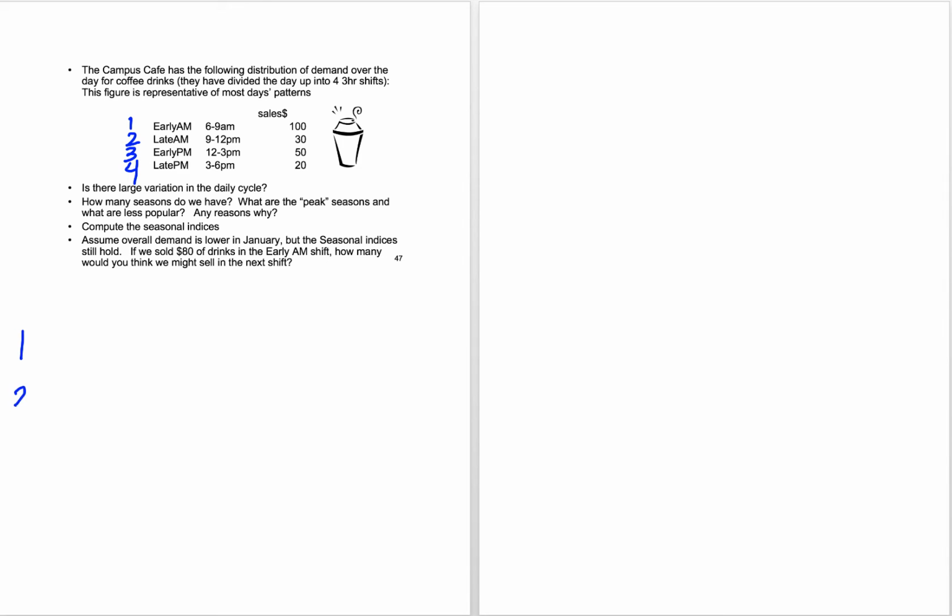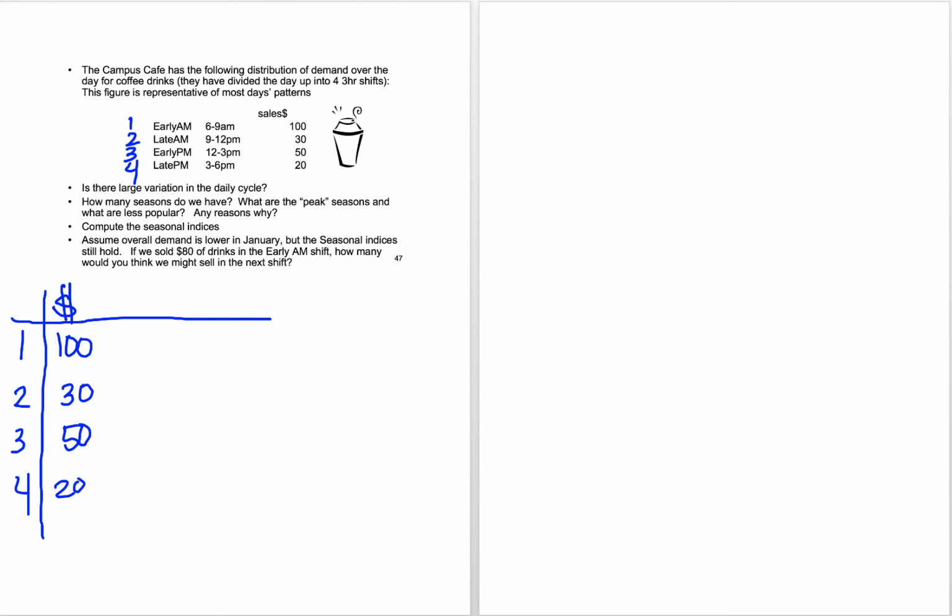So here we have season 1, 2, 3, and 4. And we are given sales of 100, 30, 50, 20. Now again, looking at the directions in the other video, the first step you do is you compute the seasonal